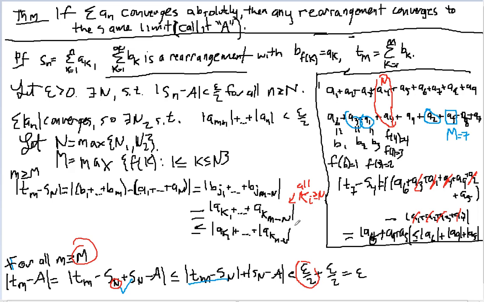And then, look, now we get to go back to our N2. This thing converges, so whenever we have m plus 1 up to a sub n, that's less than epsilon over 2. So that's going to be less than or equal to a sub k sub 1 plus a sub k sub 1 plus 1, the next term, plus da da da